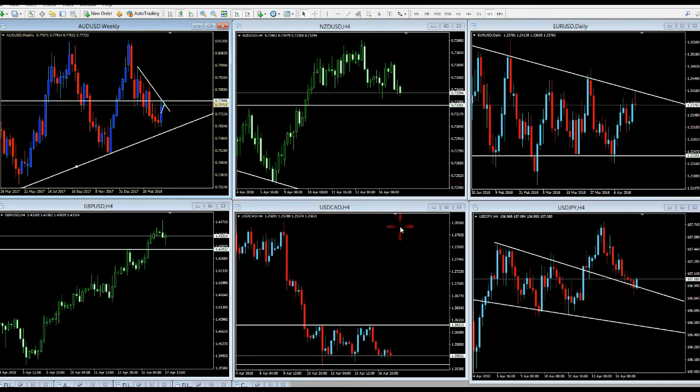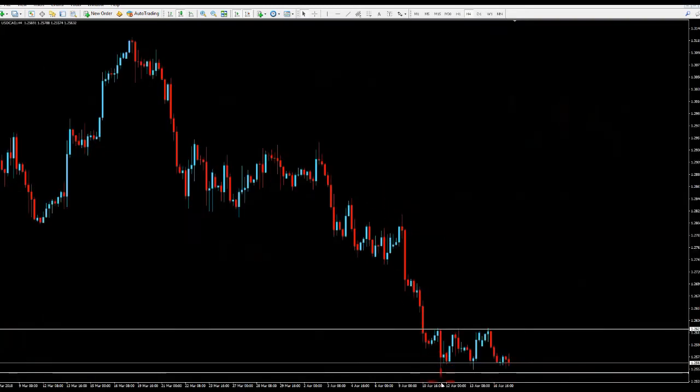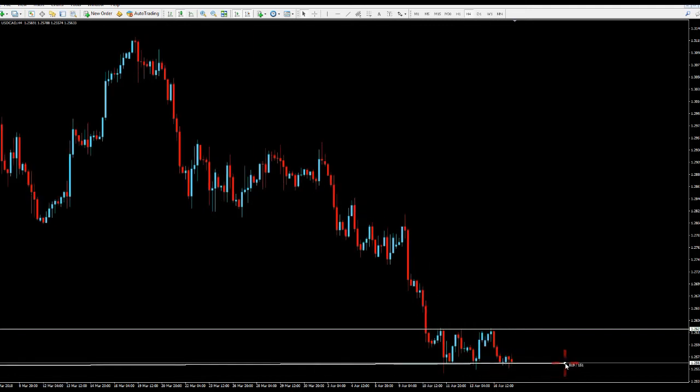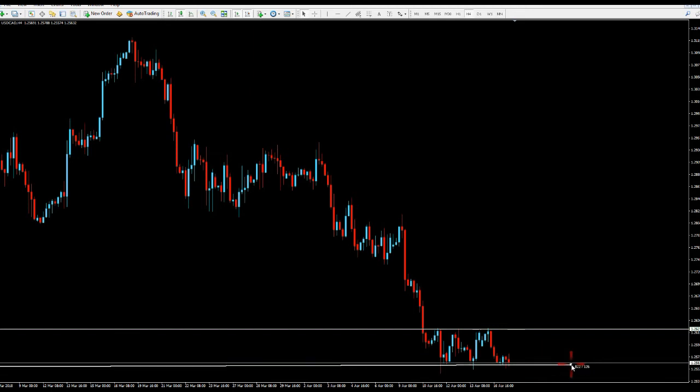Another two are these two, Kiwi and Loonie, or USD CAD. So it's back again. We're visiting the support, which I'm going to adjust now. I'm going to grab this line. Oh, look here, I had it here because this is where it bounced from last time. I shorted it, I got out in this level here. So now that it's down there for the third time, we can see that we could adjust this to the